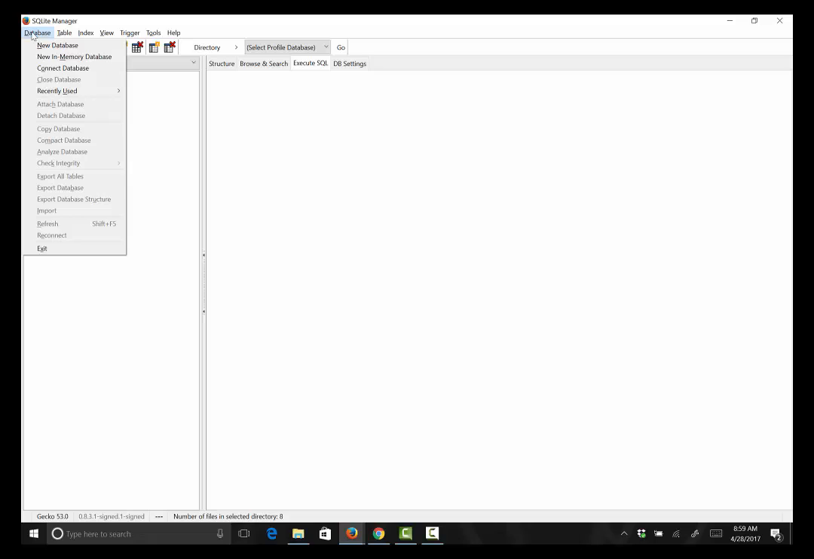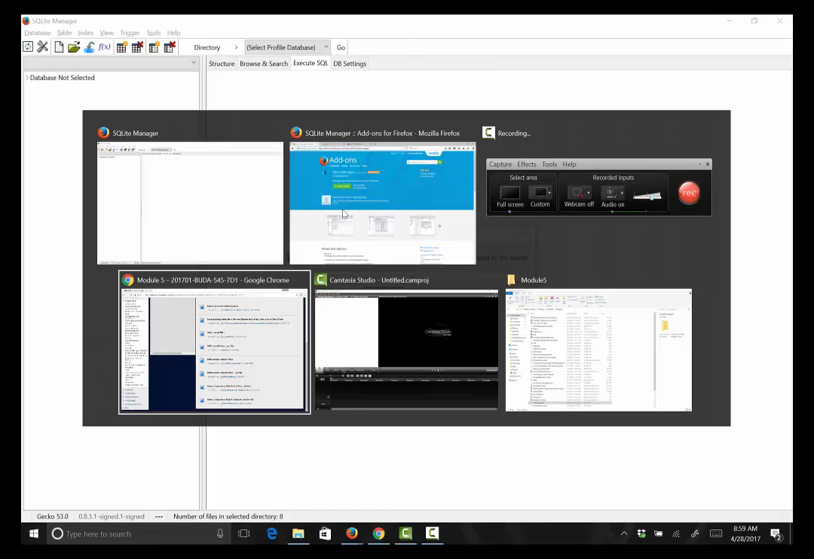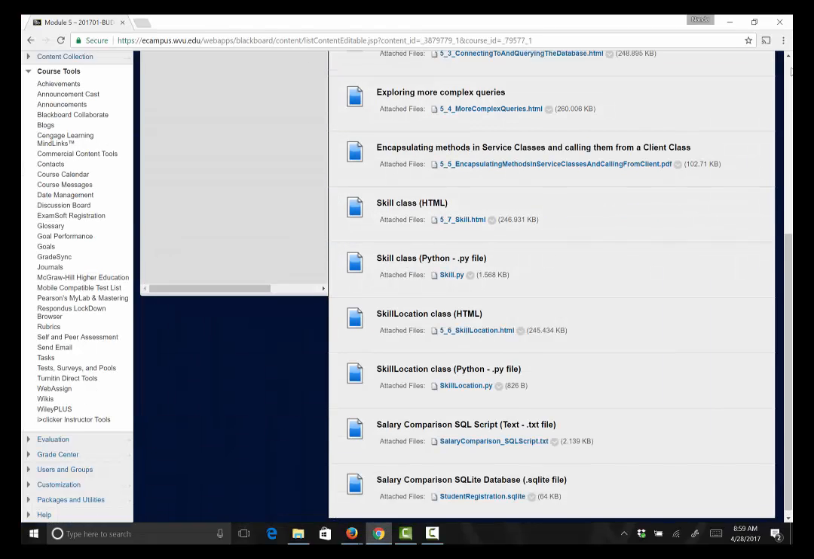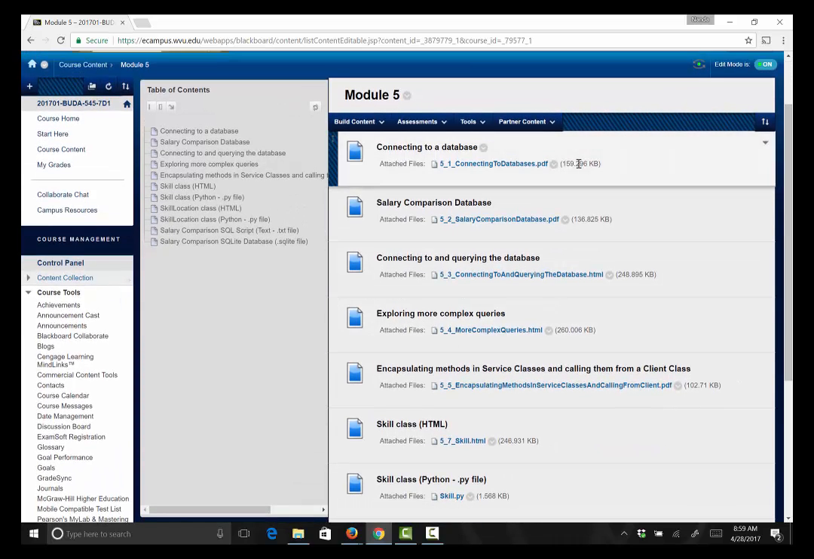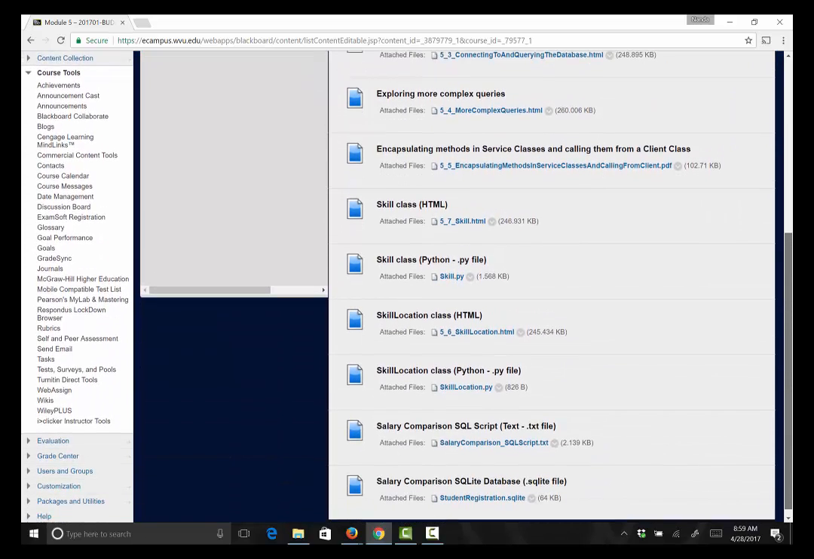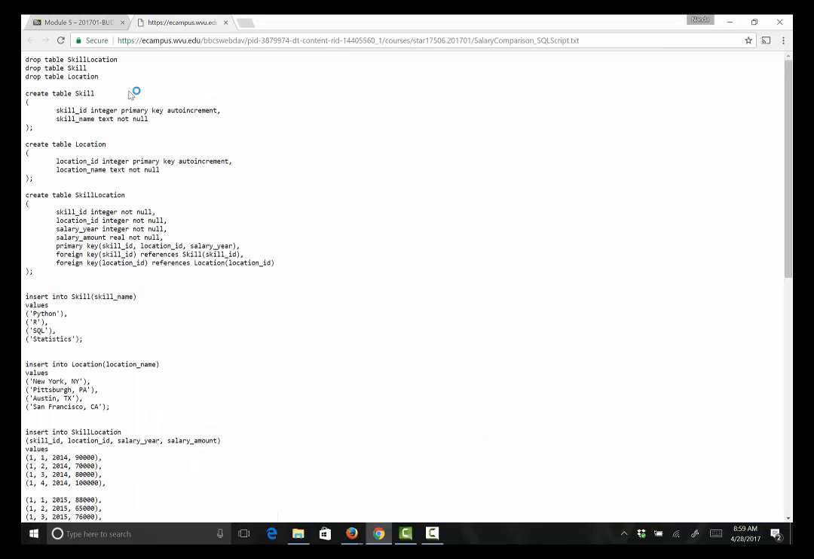And I can say, well, it's going to be an entirely new database, and that's what we are going to work with. And I have a script that I've provided you for creating the sales comparison database. So I have the script in a text file, right here, the SQL file. If I open that up, it will give you the create table statements, for example, create skill,